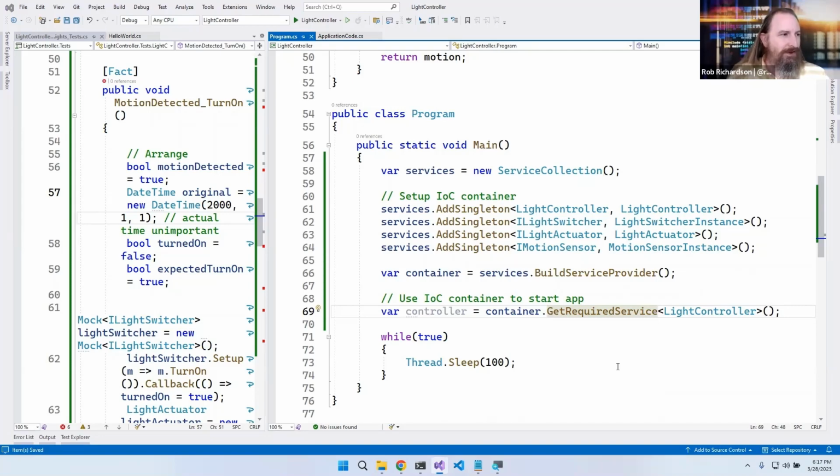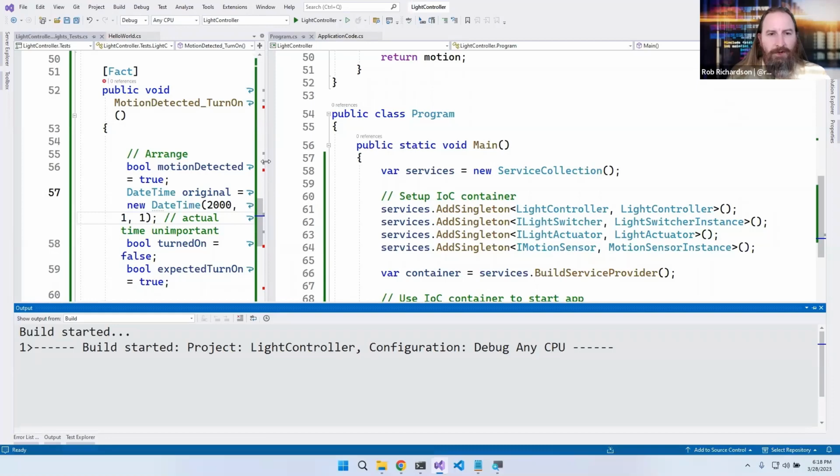Ooh, does xUnit tear down the entire test class between each test, or does it use the same instance over and over again? It actually creates a new instance of the class each time, which is really helpful. Eric, you have a great question, and ask me in a second, because what we notice now is our application